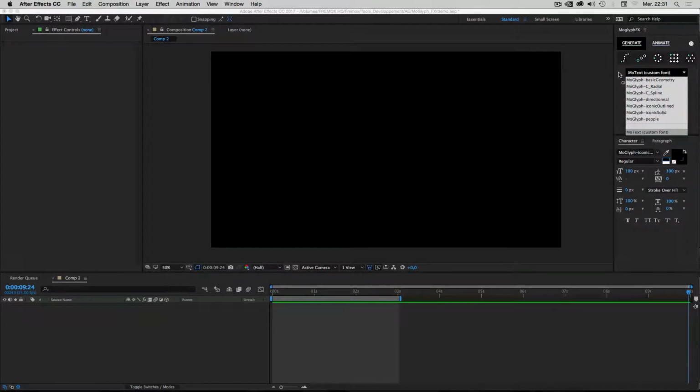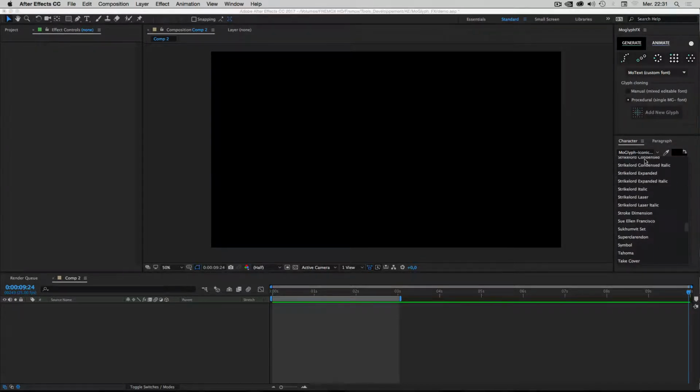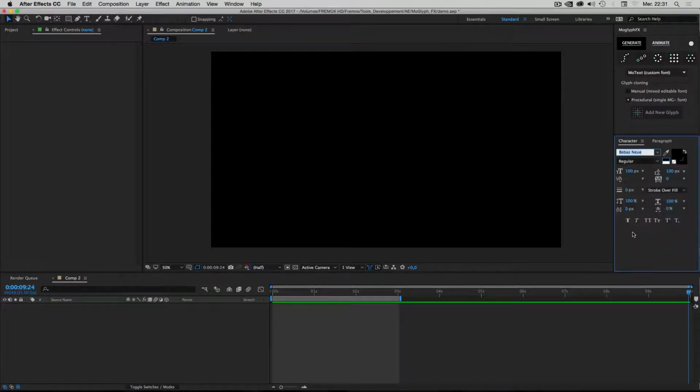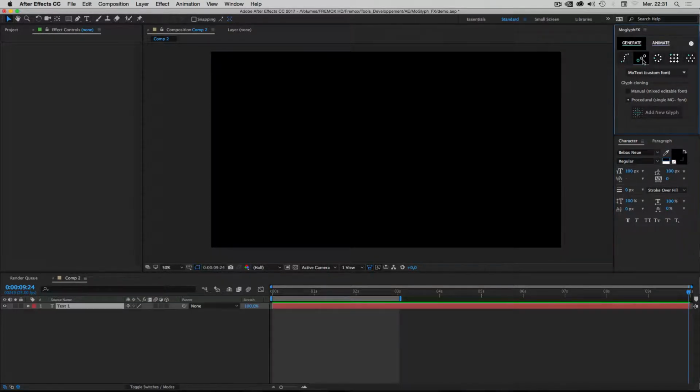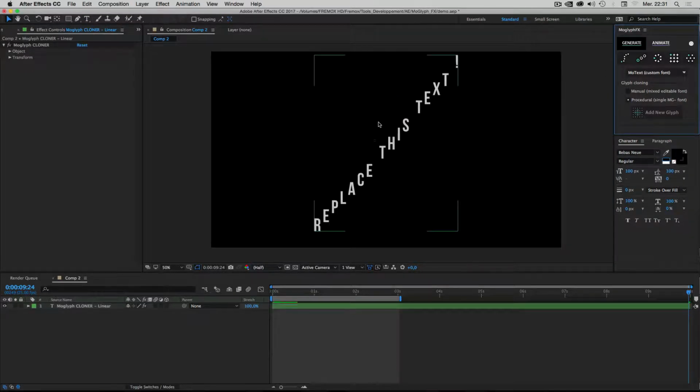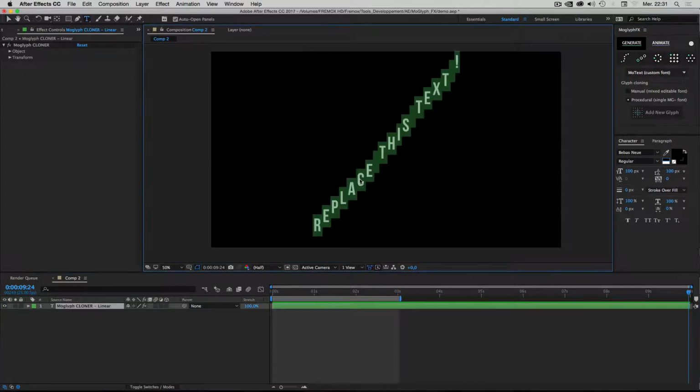Okay, so for instance, in my character panel, let's choose a nice Bebas Neue, for instance. If I click now on, let's say, linear cloner, okay, I will center it. Now you have this nice text that is showing up and that says replace this text. So now all you have to do is to double click on this text layer and type your own text. So I can say, for instance,